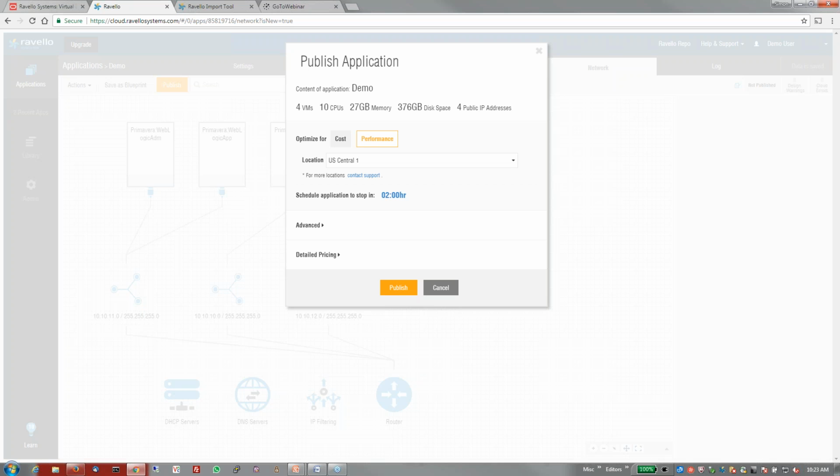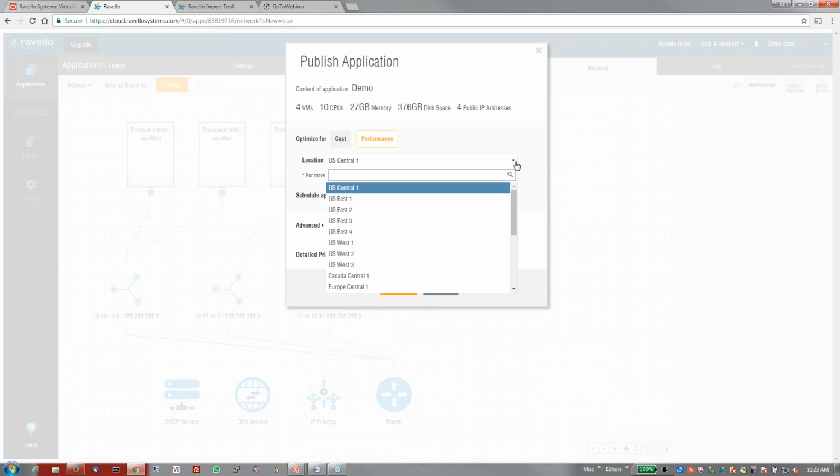The second option is performance. Remember I mentioned that, as of today, Ravello supports 22 different cloud regions. When you choose performance, it will allow you to choose the region that's closest to your application deployment. So for example, if I have a QA team in Europe, and I want to deploy this application in Europe